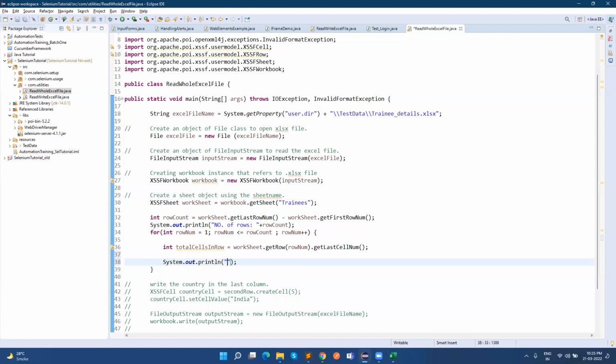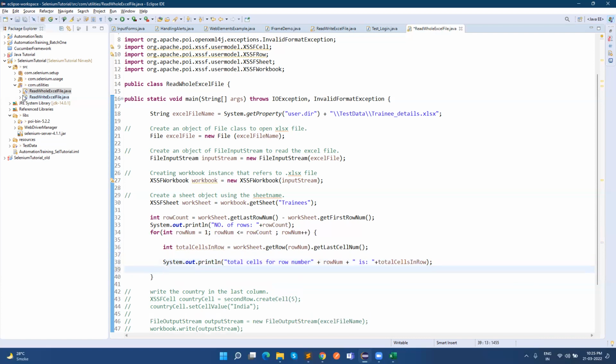We should know where things are. What am I printing? Nothing. Total cells for row is. Okay, now